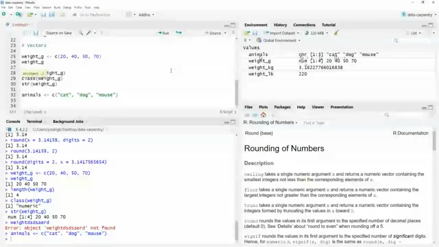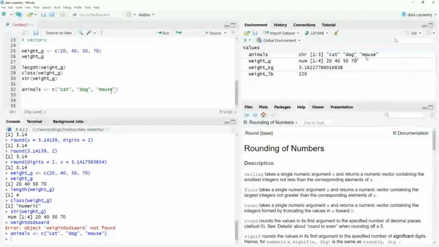If I want, we can also add elements either at the beginning or at the end, using the function c. We can use animals, arrow. So I create a new vector, and imagine that I want to add a horse at the beginning. So I can use horse, and the second element will be animals, the vector itself. So if I execute that, and I execute animals,